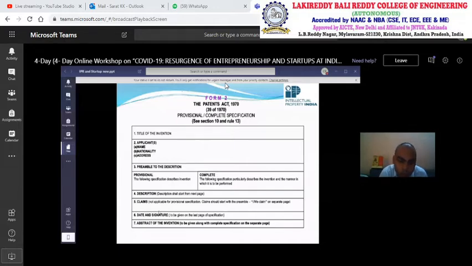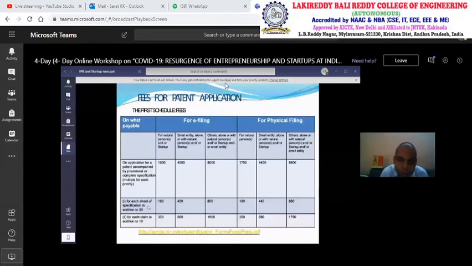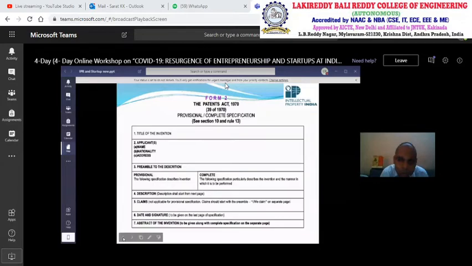Now the claim, this is the legal term. Suppose somebody is claiming for a mobile app. So what will he do? Suppose somebody is working on a mobile app, so he has to write here, my claim is, I am working on the mobile app, this has this kind of feature, and this is my claim part. So that we provide the protection on the particular claim part.